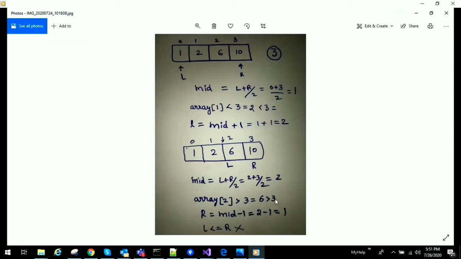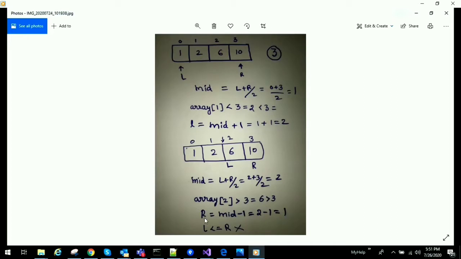It means that the midpoint value is greater than our current element, so the position will be on the left side of the midpoint. That's the reason we are decrementing the right index, that is, right = mid - 1. Mid is currently 2 and 2 - 1 is equal to 1.